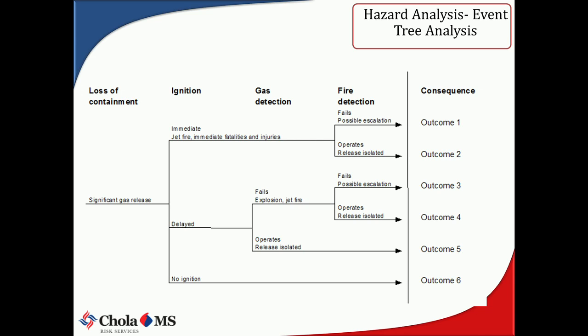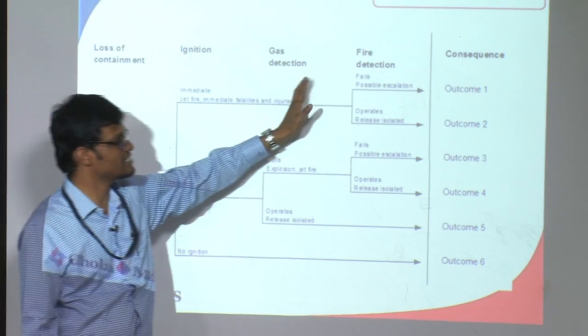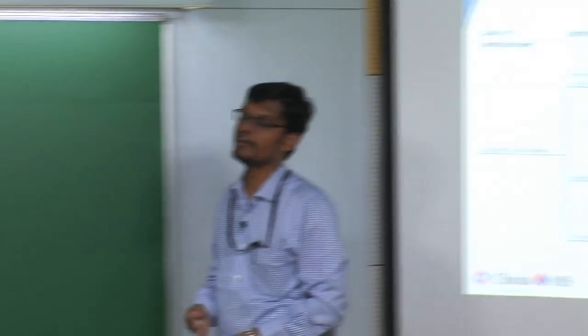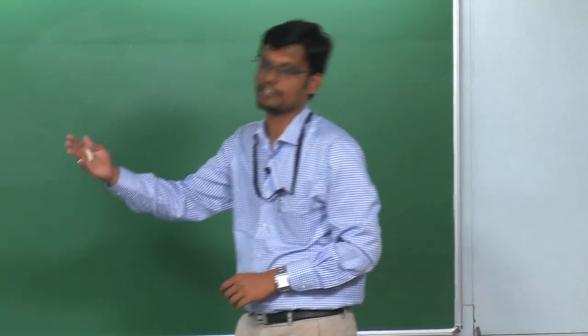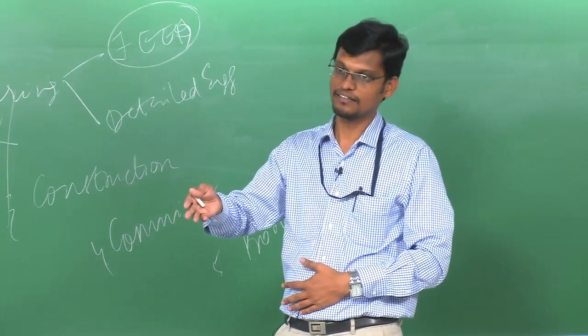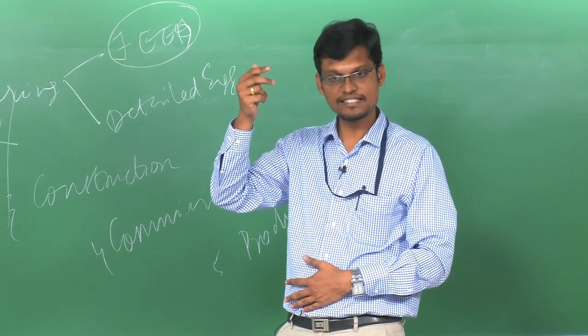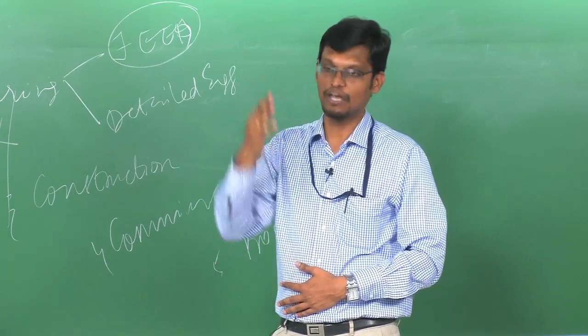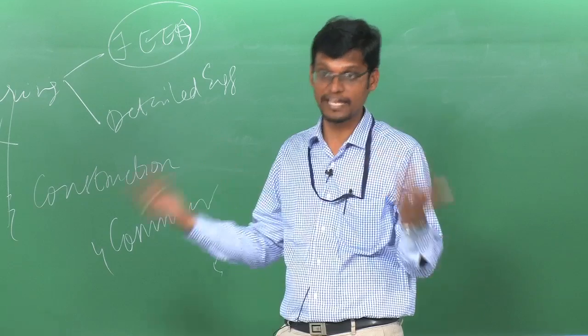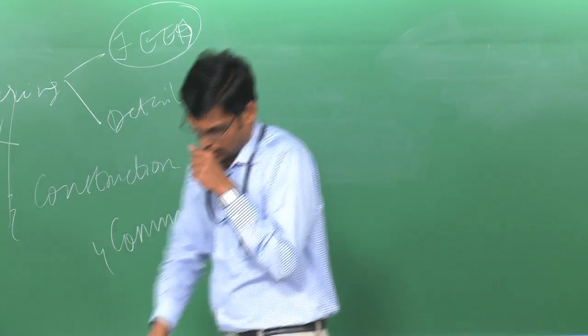And here, what you try to do in an event tree is that at various stages you also look at what layers are there which will stop propagation. For example, if it is a gas release, you have a gas detector, it is going to instantly detect and shut down the process, so that your loss of containment does not get aggravated, and you do not get more gas coming out of it, right.